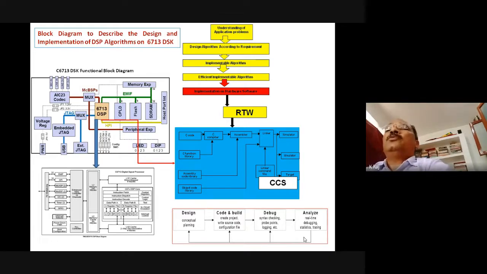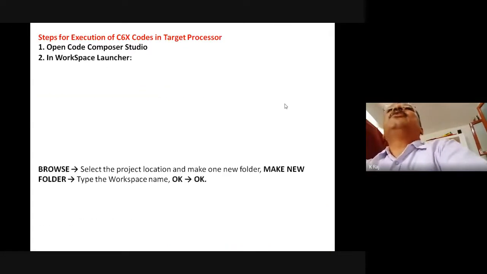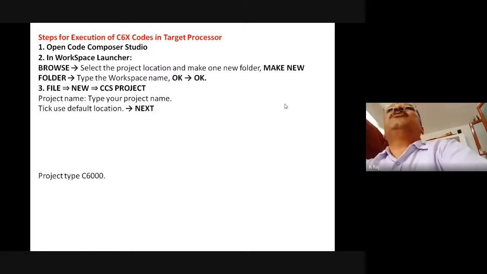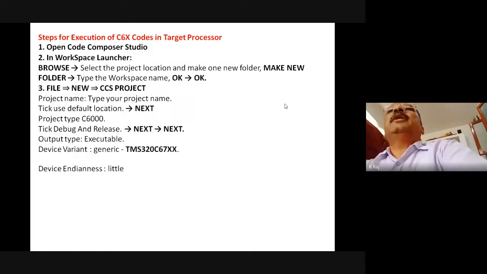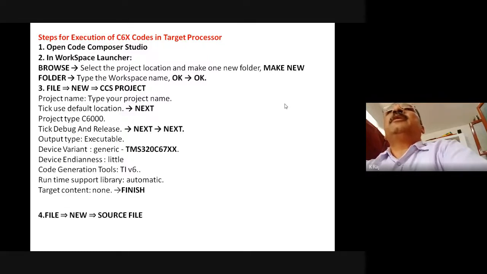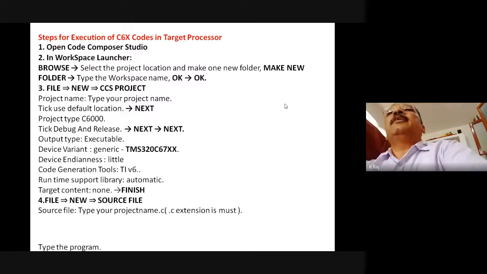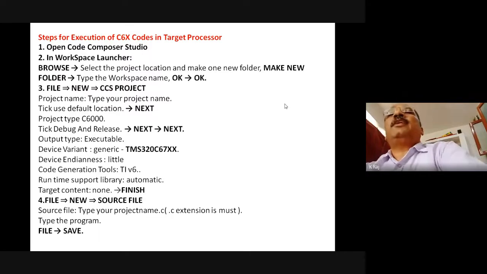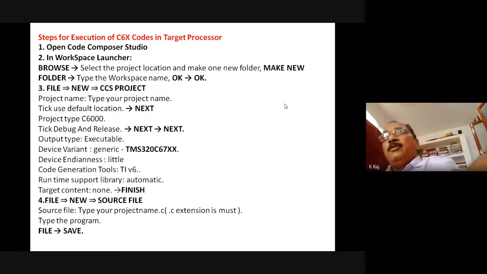So in order to design and implement our algorithm on the given target, these are the steps which we have described in today's lecture, and previously we have discussed the other concepts here, and these are the steps again representing which we have described just now in order to design and implement the required algorithm on a given target here. So this is about today's lecture, and in the next lecture we will consider more examples and some related features of the kit as well as the processor.